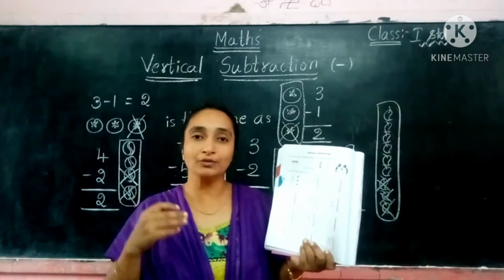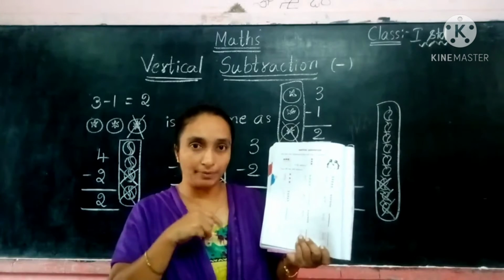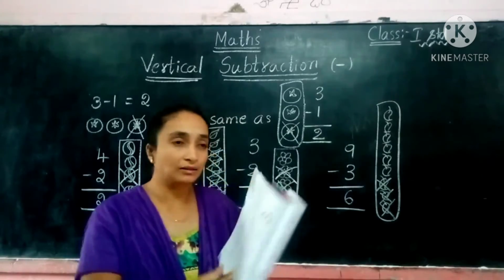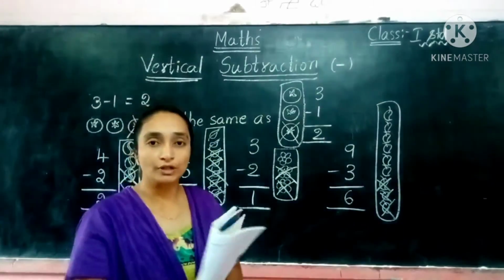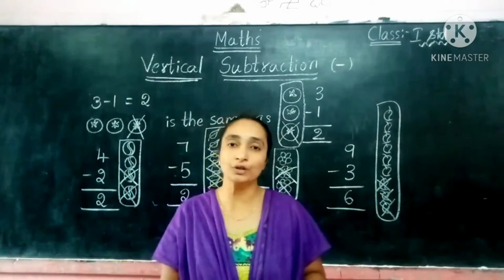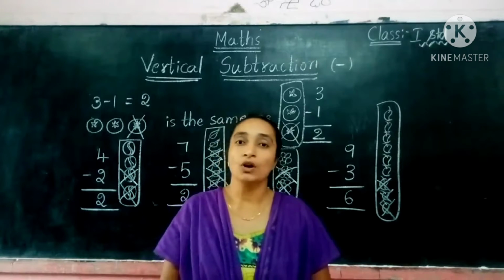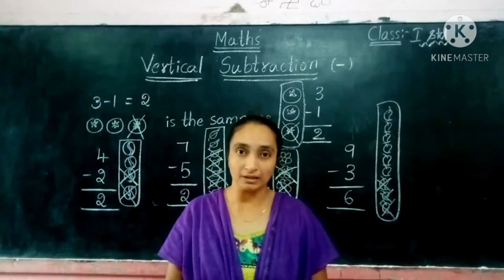So you have to carefully cross out that number. You have to cross out that many pictures. So how many are left? If you count the pictures, then you will easily get the answer. Okay children, I hope all of you understood. This page you can do, children, all of you complete in your textbook. The page number 112. All of you write neatly and slowly, and cross out the pictures also very neatly.